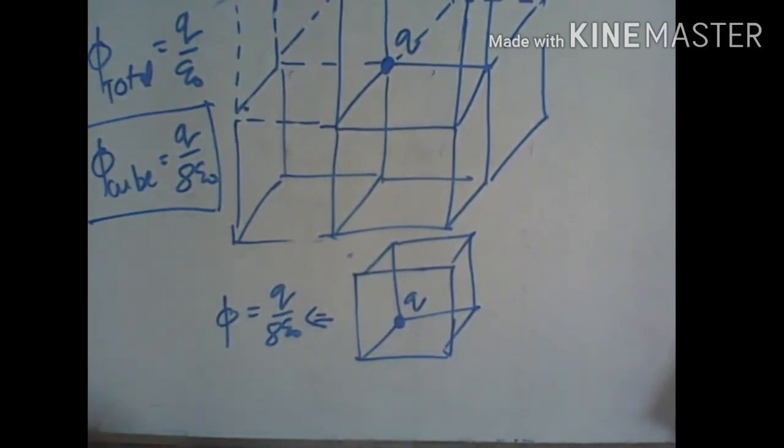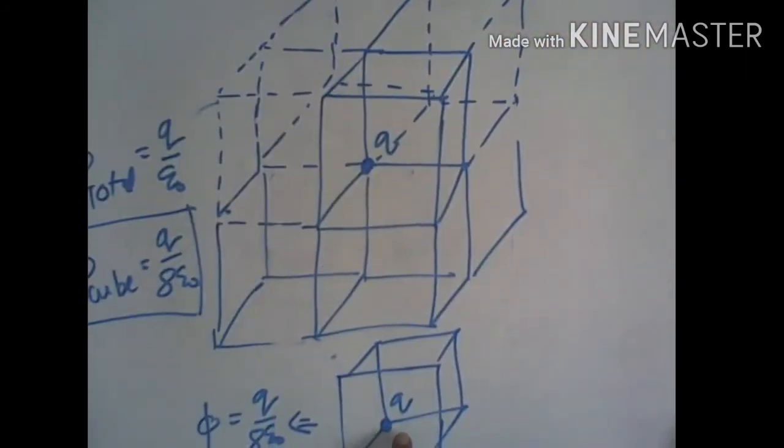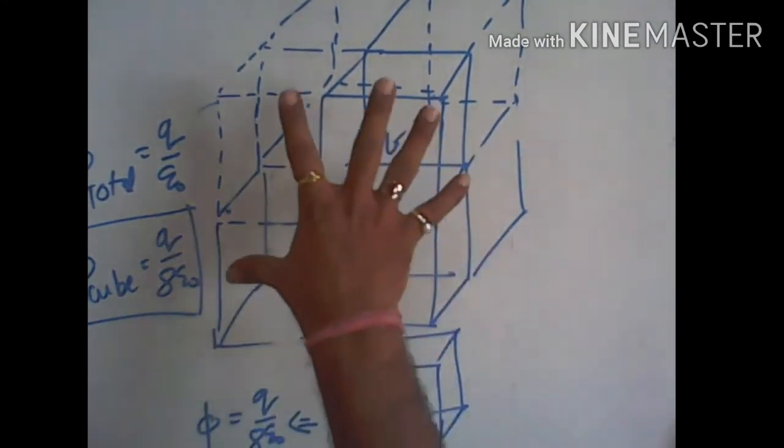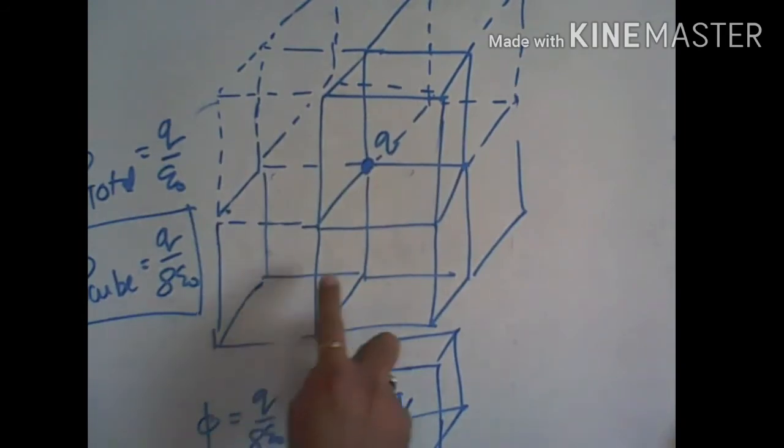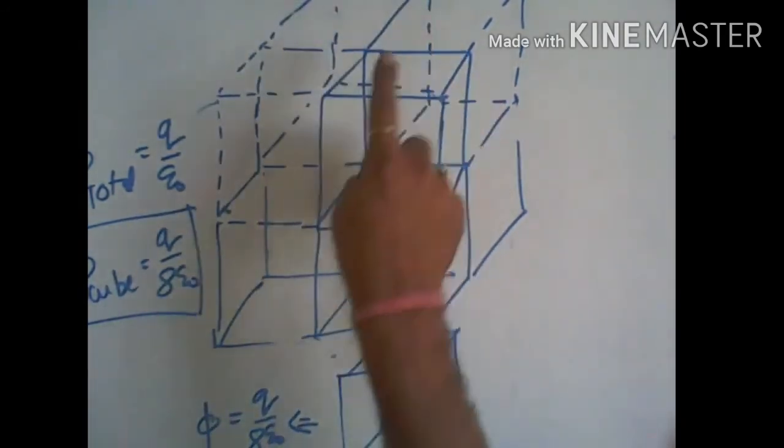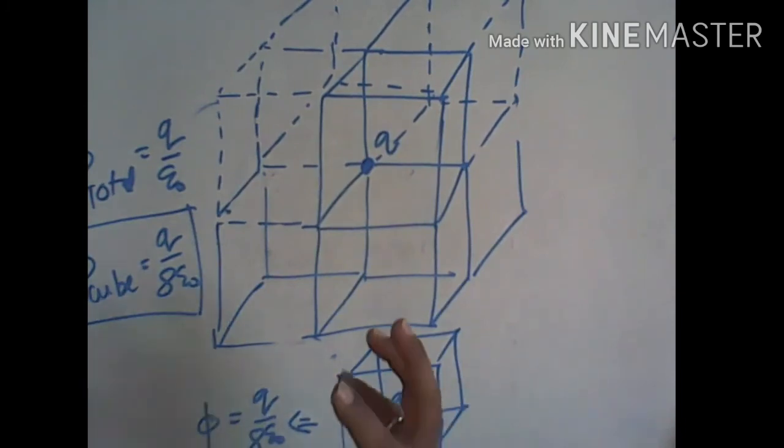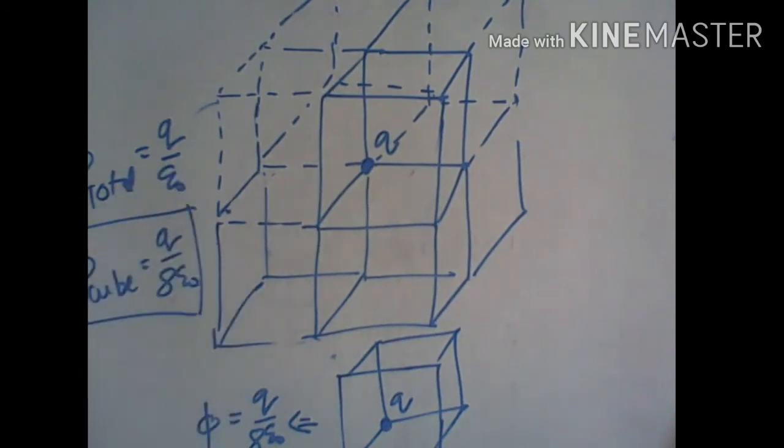Why? First we'll enclose this charge with the help of a Gaussian surface. The best surface is different cubes, so we are bringing this charge to the center of this cubic structure. There are a total of 8 cubes, and at the center we have that charge. So total flux through this will be Q by epsilon naught. So for 1 cube, total cubes are 8, so it is 1 by 8. So it will be Q upon 8 epsilon naught. Okay, I hope you at least got this calculation of flux.